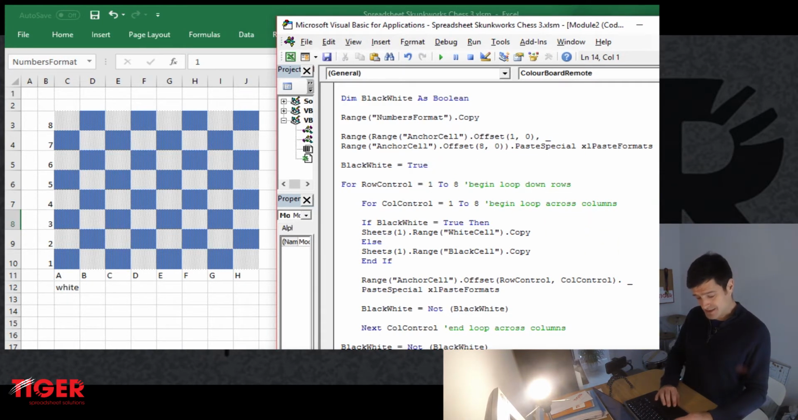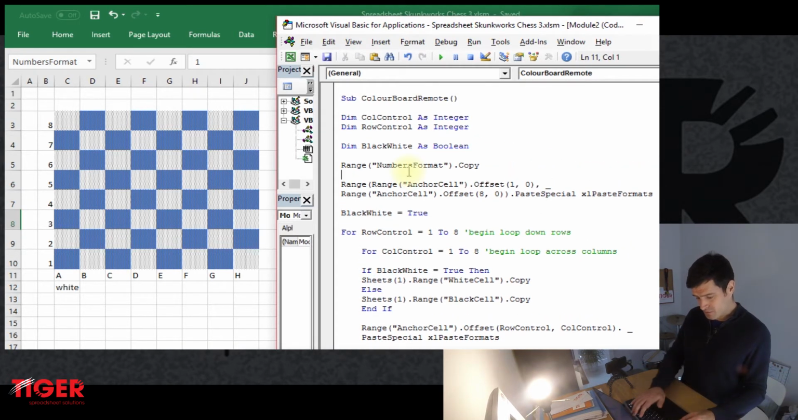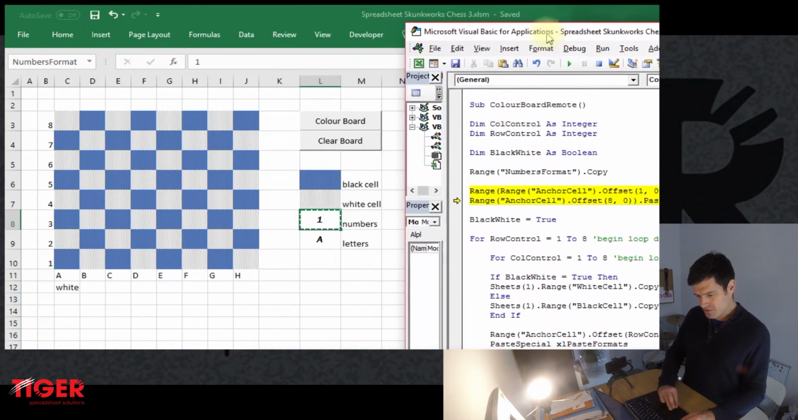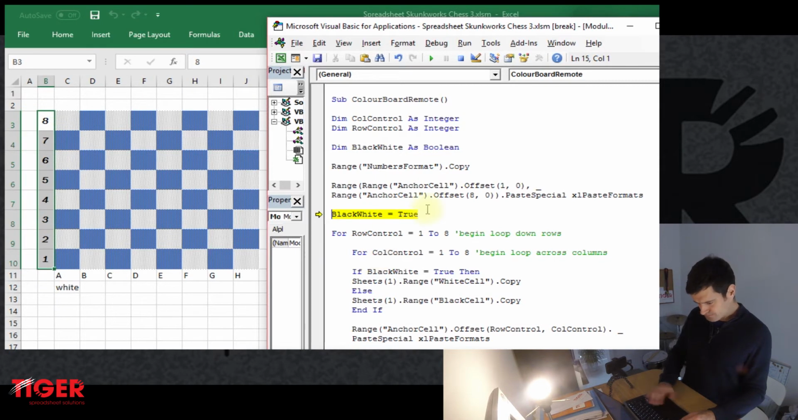But it's absolutely fine. Just to test it, I'm going to save the file, Control S, and let's give it a test. Let's see if it works. So stepping into the code using the F8 key. So I've copied the numbers format cell. I can see that. Clicking back into the Visual Basic Editor. Okay, and there we go. That seems to have worked well. Okay, so I'm happy with that